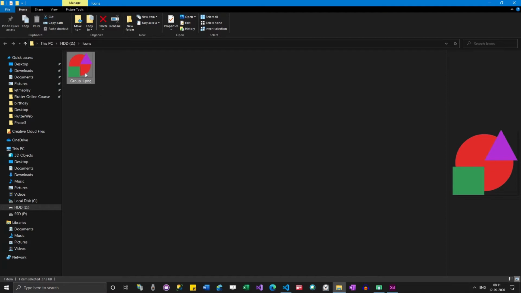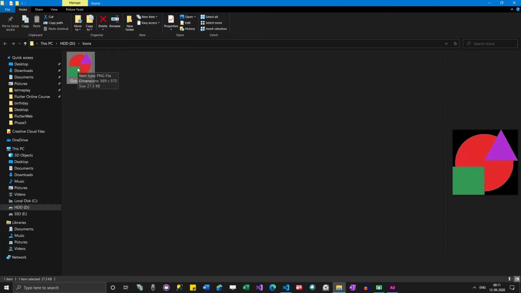Actually, this image is a transparent image. The background is transparent. The benefit of having a transparent background is that it will show whatever is in the background. We need transparent images for our Android icons. Not only Android icons, for any icons it's best to have transparent images. Even when you are using images in your app, it's best to have transparent images rather than having some background, because sometimes you will not require the background. That's why we should go for transparent images.